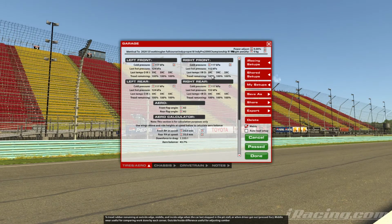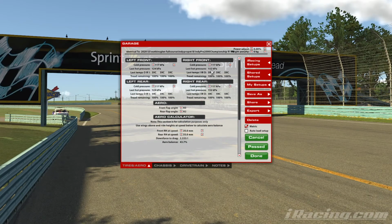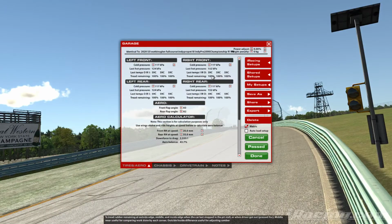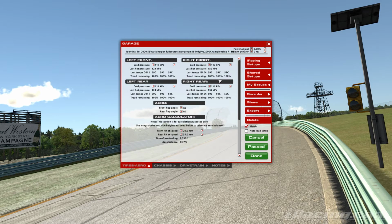What we don't want is to be loading up the outside of the tyre. If this is also an average, what it means is there's positions on the circuit where instead of the tyre being like this or like this, actually it's more like this. And so we're wearing out this outside edge, and that is absolutely not what we want because the tyre can't dig into the ground like this. If this is the tyre that's loaded up, it's digging into the ground, it's using G-force to dig in and produce